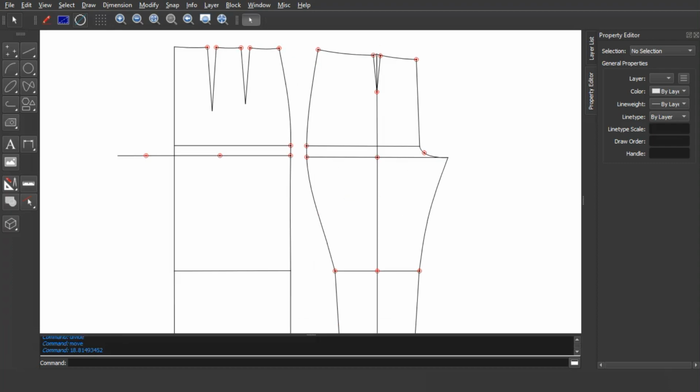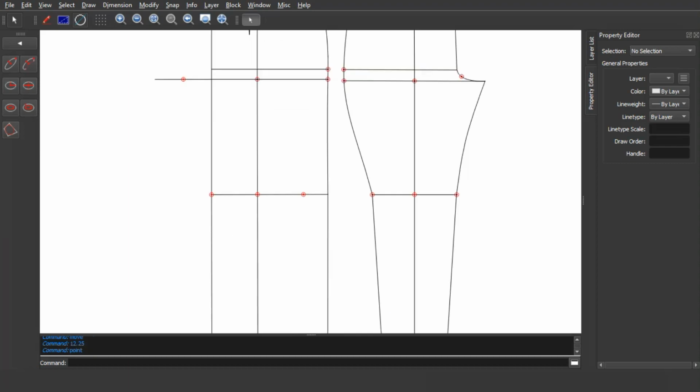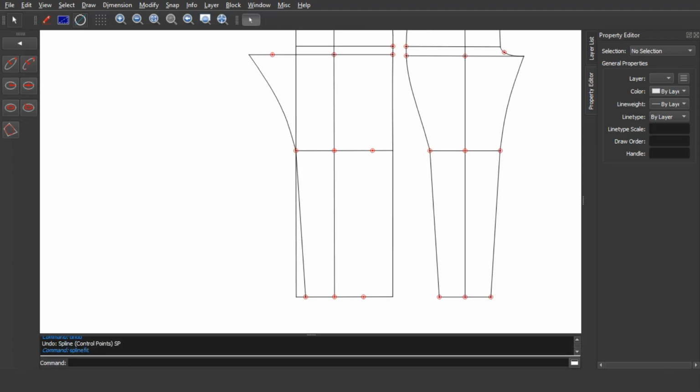Moving on to the back, measure this line. Mark a point on the back crotch line with that distance from the side seam. Square down from this point to the hemline and up to the waistline. On the knee line, mark the knee circumference divided by 4 plus 1 centimeter ease on either side of the line. On the hemline, mark the instep divided by 4 plus 1 centimeter ease on either side of the line. Connect the knee line to the hemline and the crotch line to the knee line just like we did on the front. Measure this line.